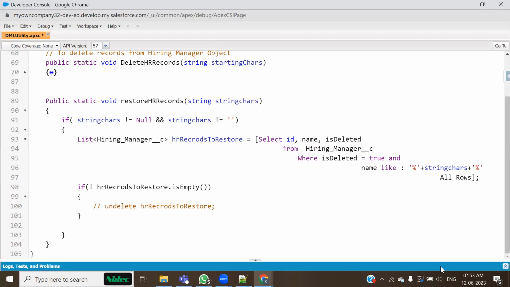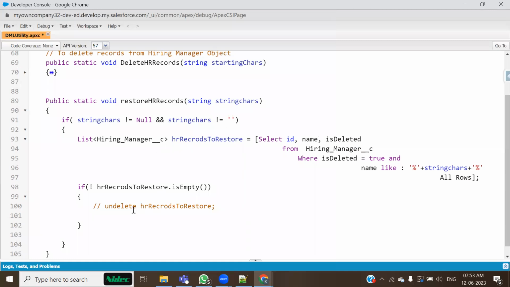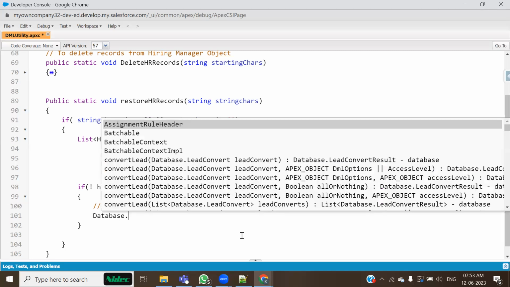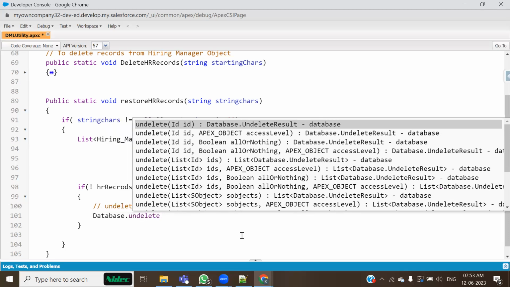So what is going to be happening in this case? If I use the undelete statement, it's perfect. There's no problem. Only if I want to maintain the transaction, and I don't want partial processing, in that case this is good. Otherwise, not. So instead of using the plain undelete statement, I would be using Database.undelete. Database.undelete has all these versions, out of which I would be using